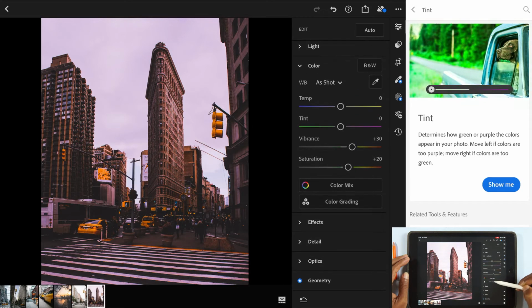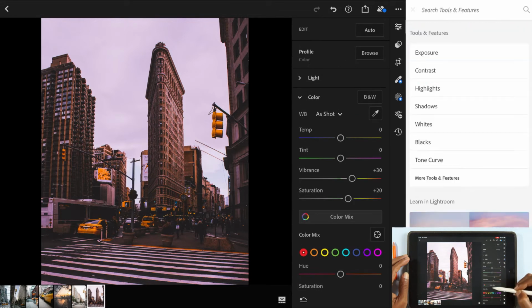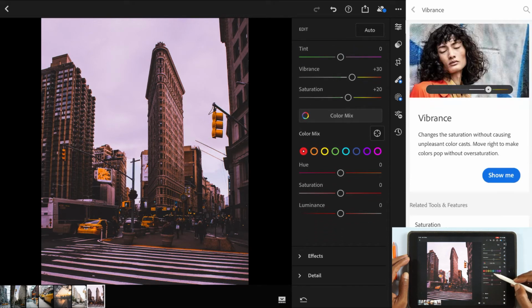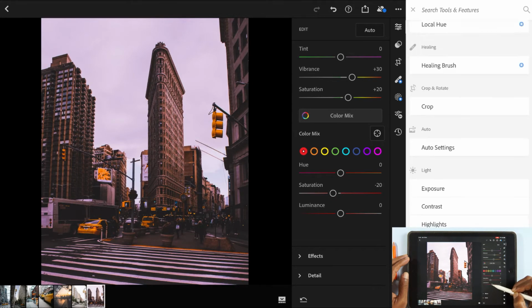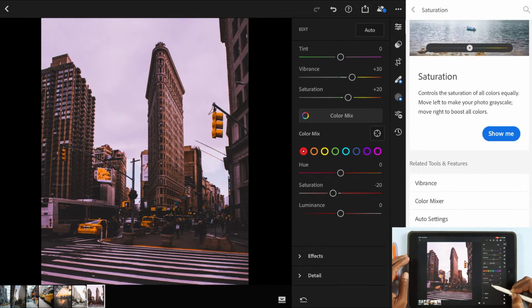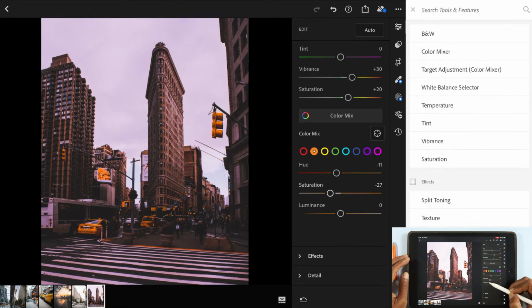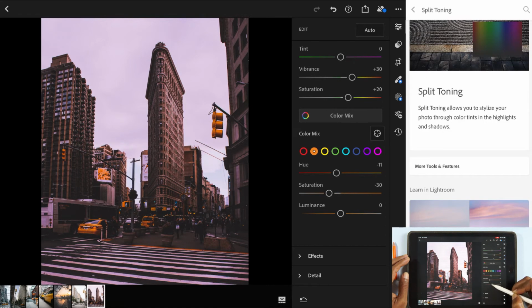Then go to the color mix option. First select the red color, then change its saturation by -20 points, also luminance by -10 points. Then go to orange, decrease the hue by 10 points, saturation by 30 points, and increase luminance by around 10 points. Then go to yellow mode,